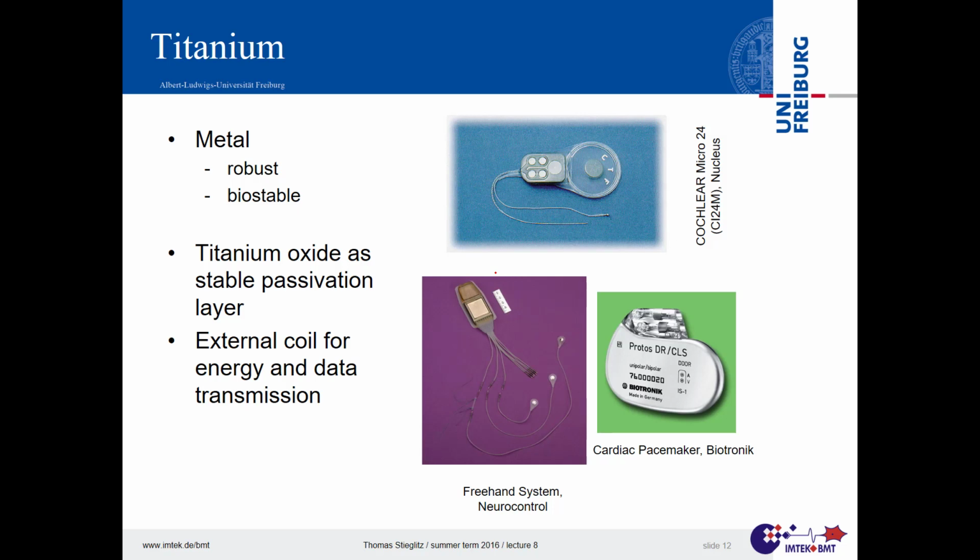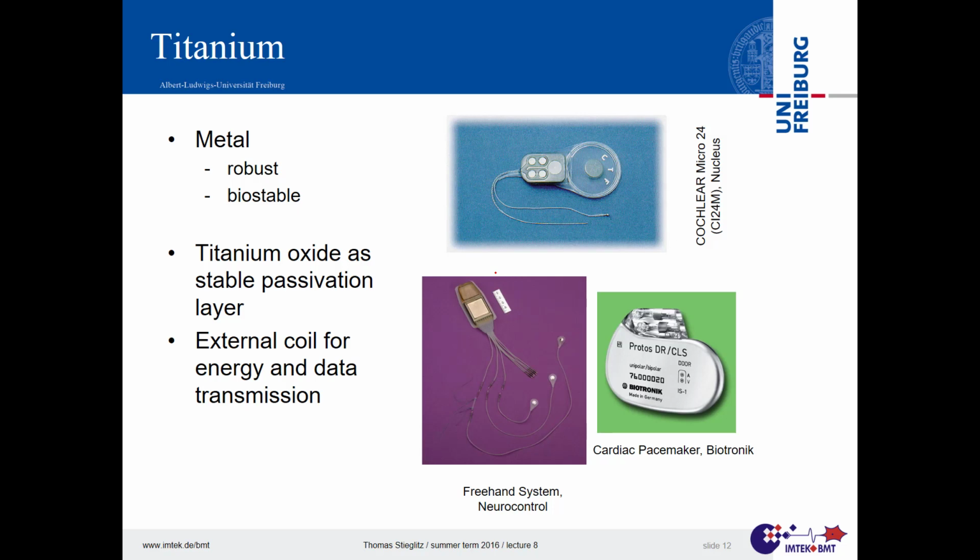If we have a cochlear implant where you want to listen in real time, this is probably a bad idea. The data rate is much higher, and you cannot afford to resend data 2, 3, 4, 5, 6 times. Therefore, in those cases where you really need a fast, continuous and strong exchange of data and probably energy,